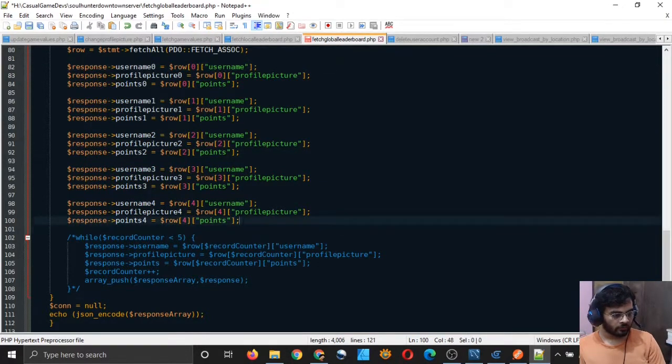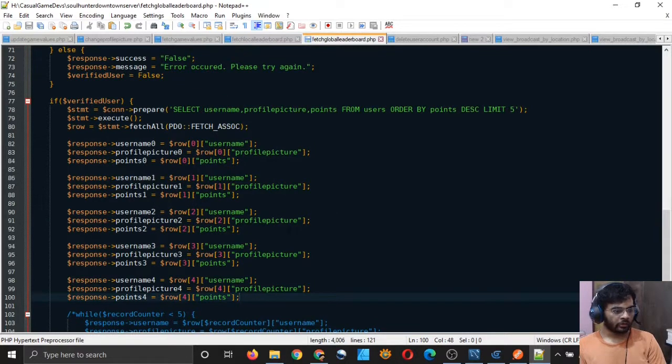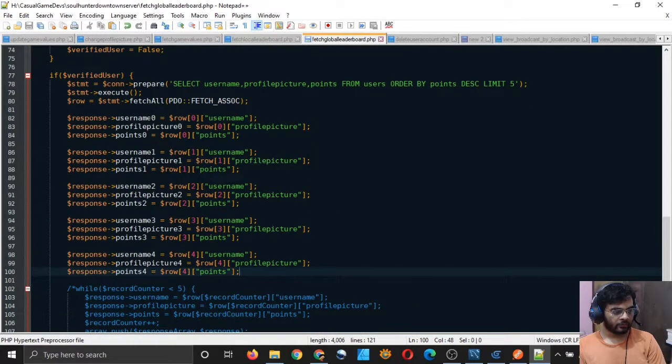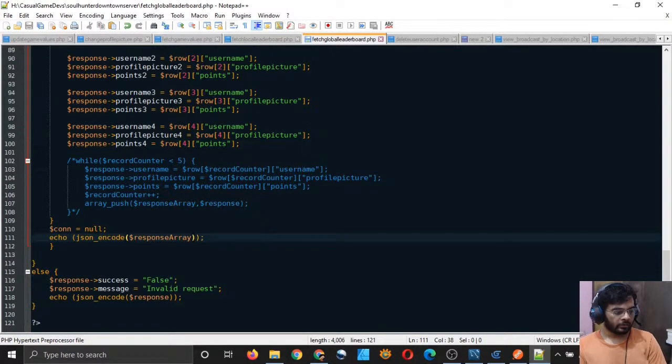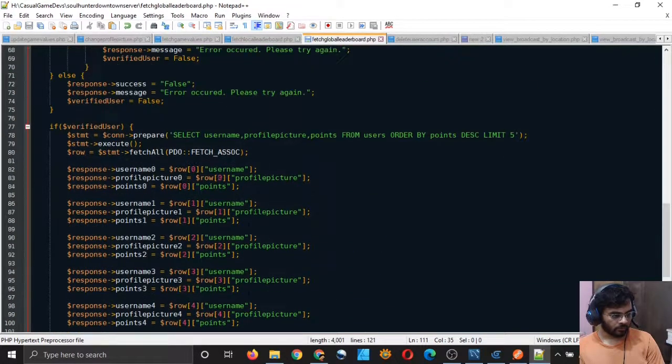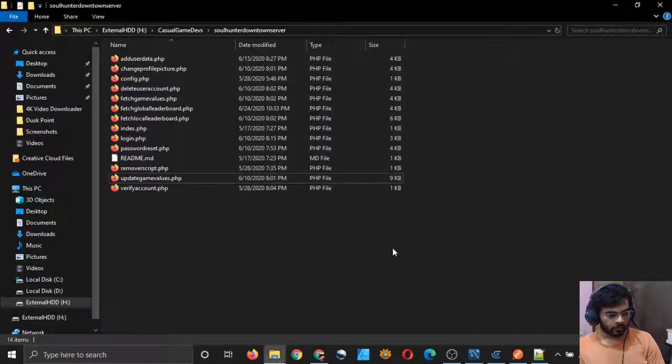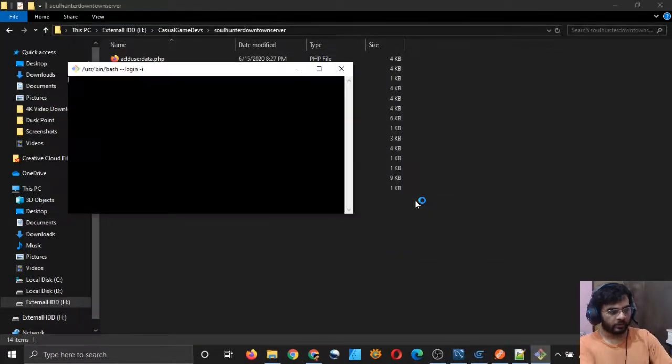We will just have one object, and in that object I am simply putting a suffix to identify at which position which username is present, which record is present, and I'm putting it all in just one object, and I will simply echo that object, right? And let me now push it to GitHub and then test it out in Postman to see if it is working or not.